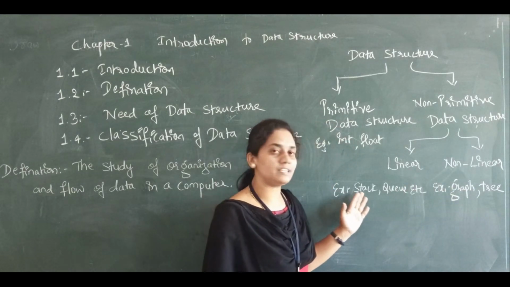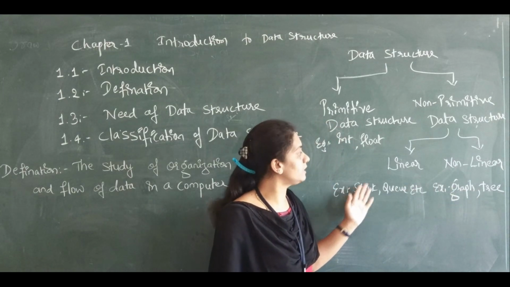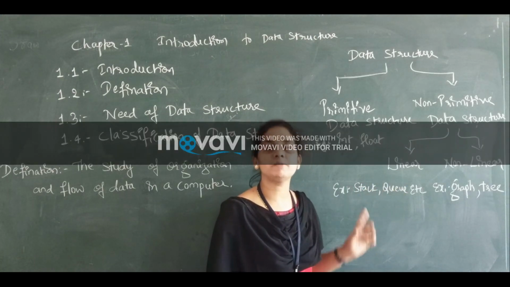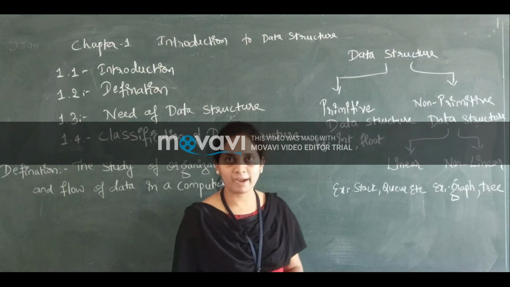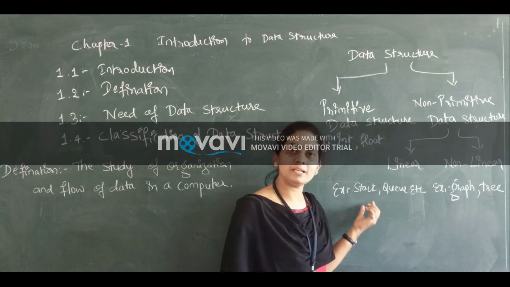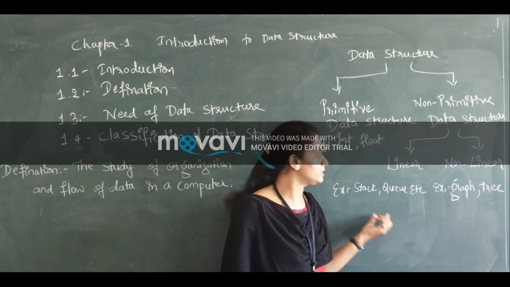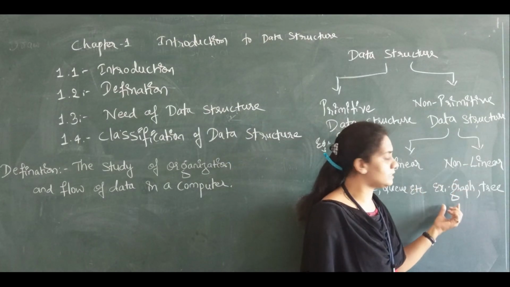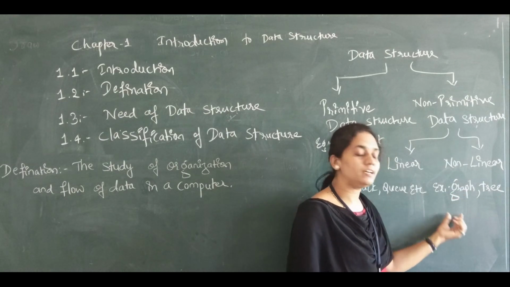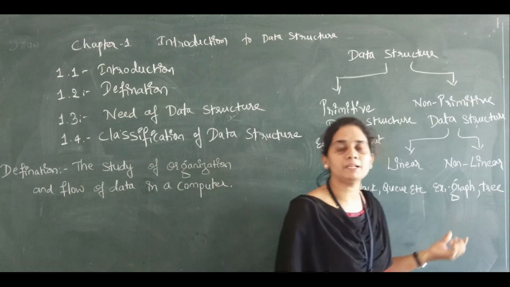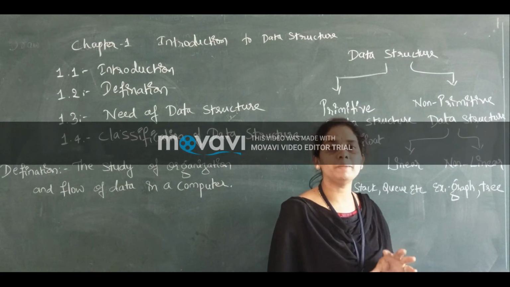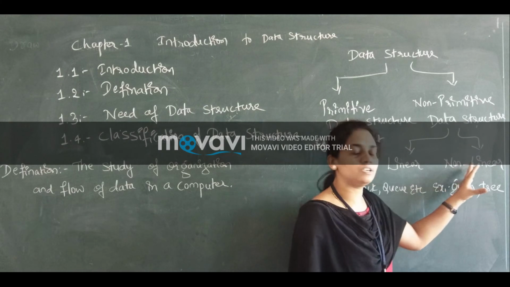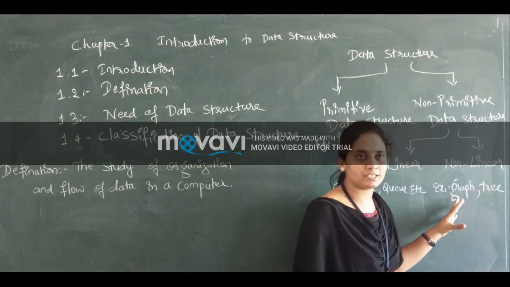Stack is linear. The name itself implies that linear means the data will be saved in a sequential manner. For example, people standing in a queue is considered a linear data structure. Whereas in a non-linear data structure, the data will be in a random manner. For example, people standing in a group. A group means there will be a number of people, there is no sequence. So that is considered a non-linear data structure.